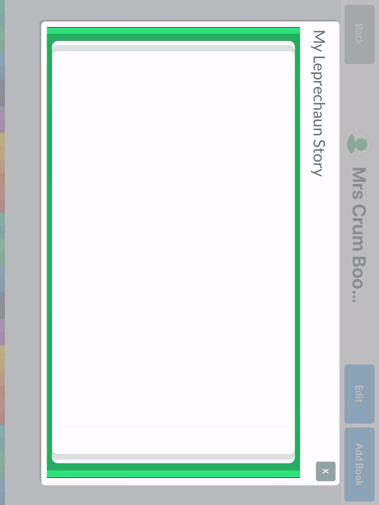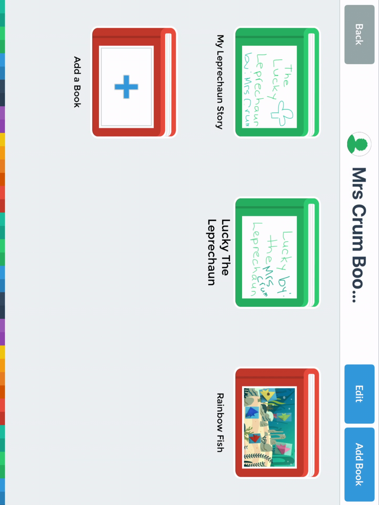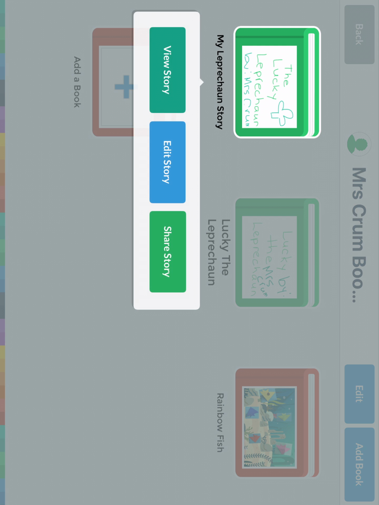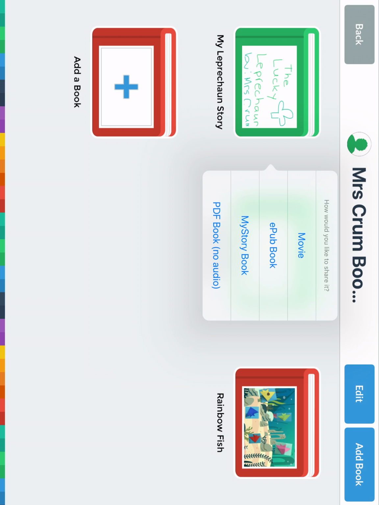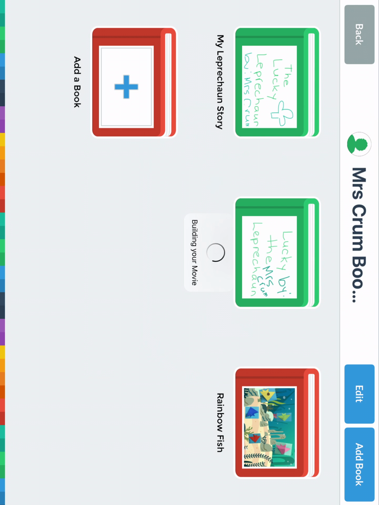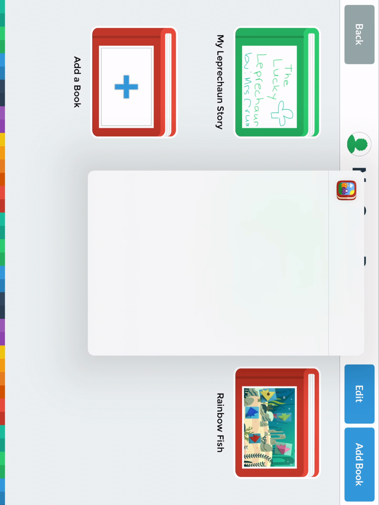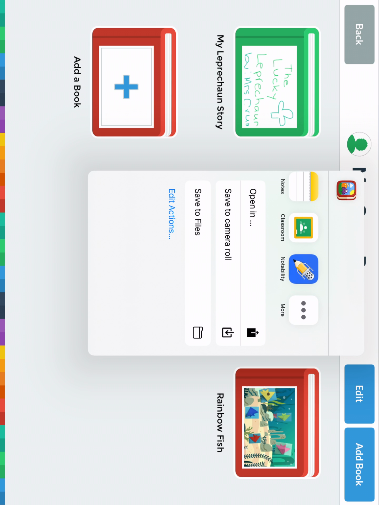So that just gives you an idea of what that looks like. In order to upload this to Seesaw, you're going to hit Share Story. They probably will need your help with this. You're going to share it as a movie. It's going to build it as a movie, and